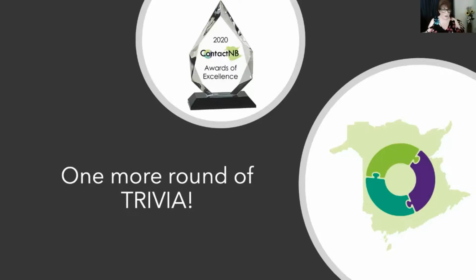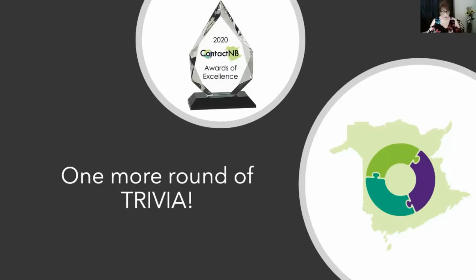All right, trivia question number 7, friends. Which is the biggest city landmass in New Brunswick? Is it Miramichi, Fredericton, St. John, or Moncton? Ooh, there's a tight race going on there. All right, you guys. 5, 4, 3, 2, 1. All right, you guys. You can't fool you guys. St. John, absolutely.